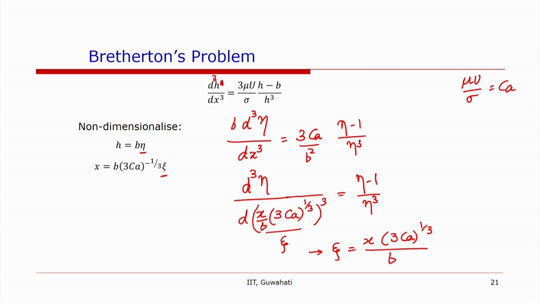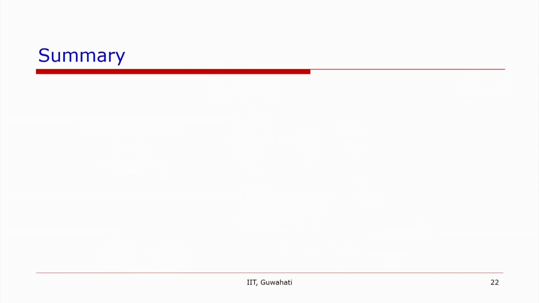So we have got the final equation, d cube eta over d psi cube is equal to eta minus 1 over eta cube, which is a very useful equation, and we will look at its solution